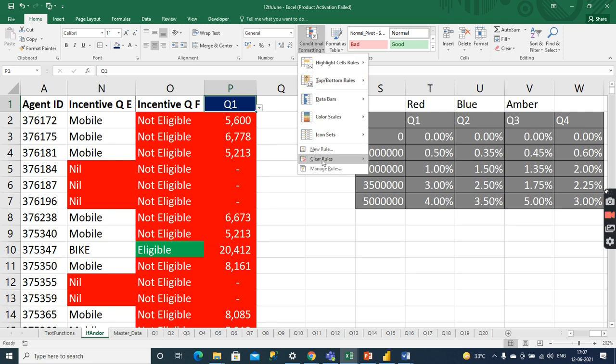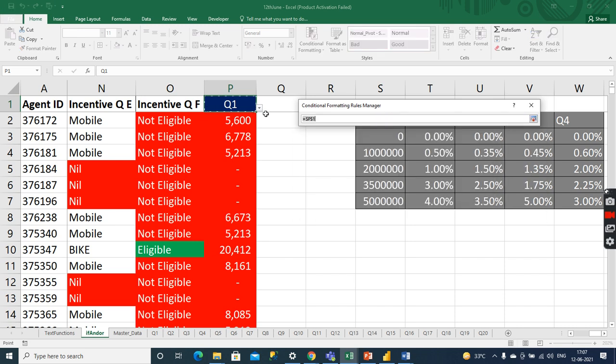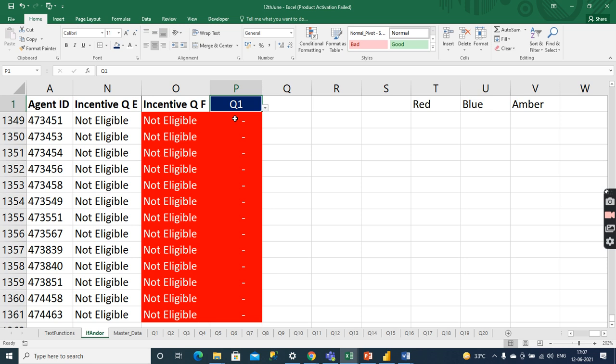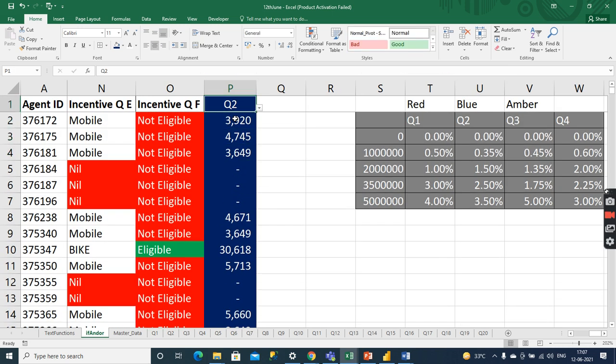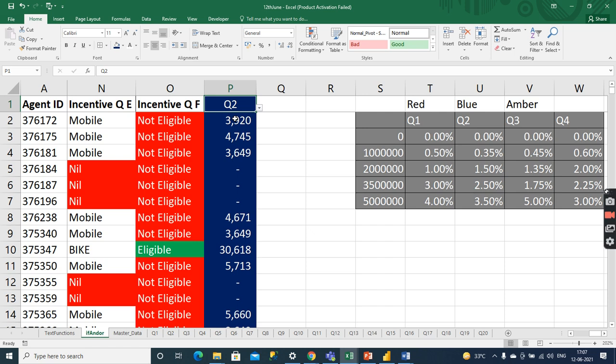Go to manage rules and select the area. If I select Q2, the entire part will change. You can apply this kind of condition in your dashboard and data visualization. It's a part of conditional formatting.